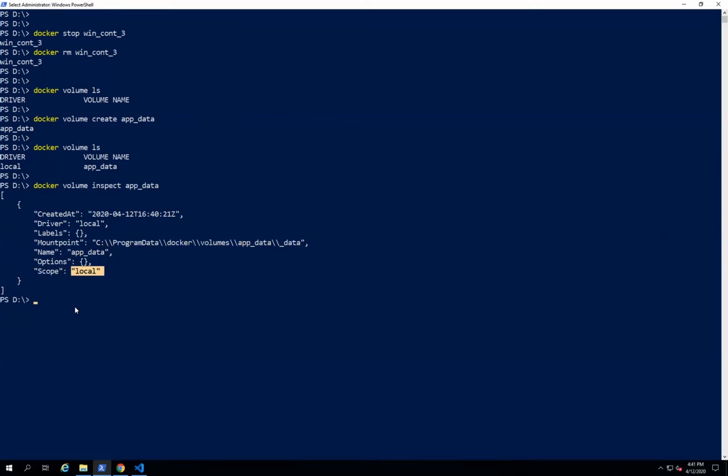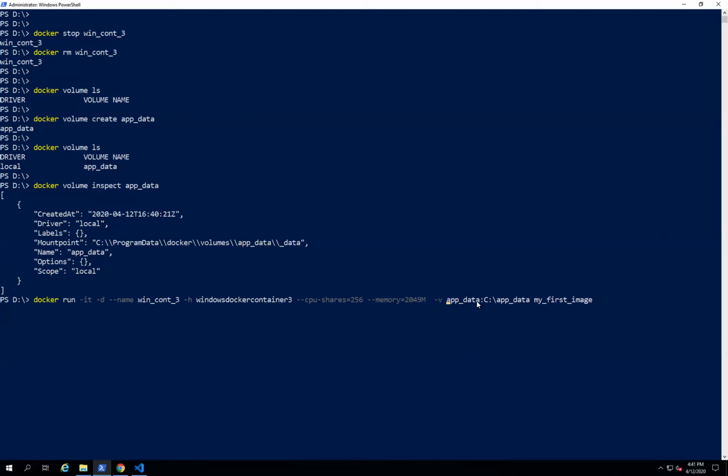So let's do one thing, run a container from this named volume which we have created just now. Same command I'll utilize, and instead of the host path, I want to utilize just app_data, because we have just created a named volume inside the Docker engine with app_data using this command, and the same volume I want to utilize.